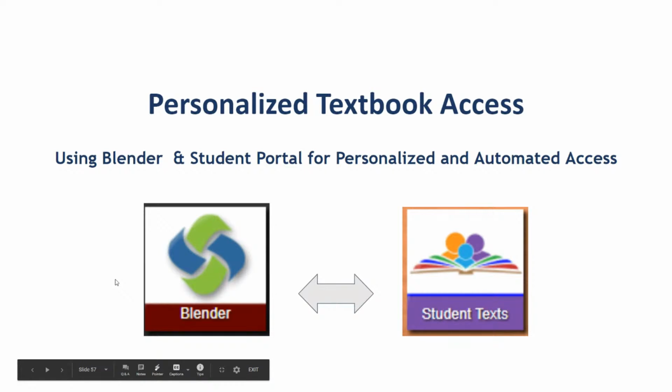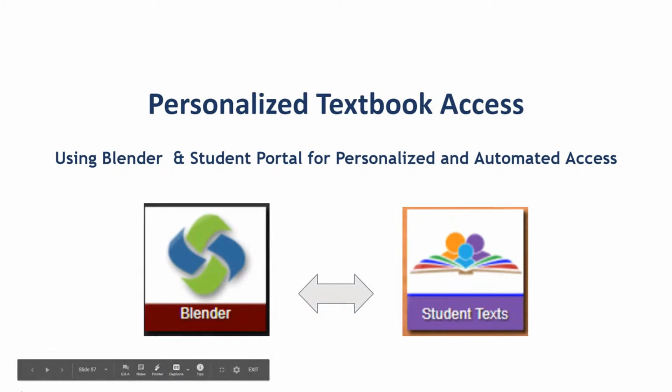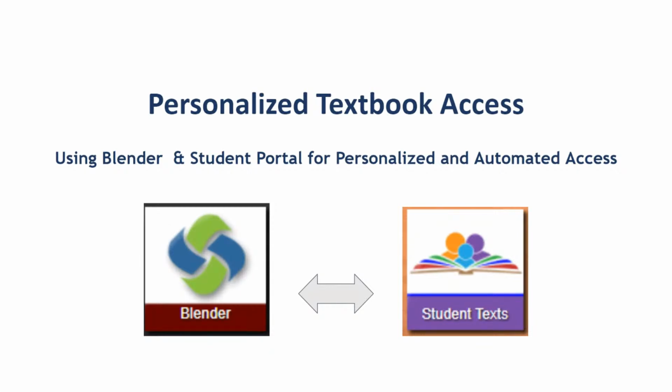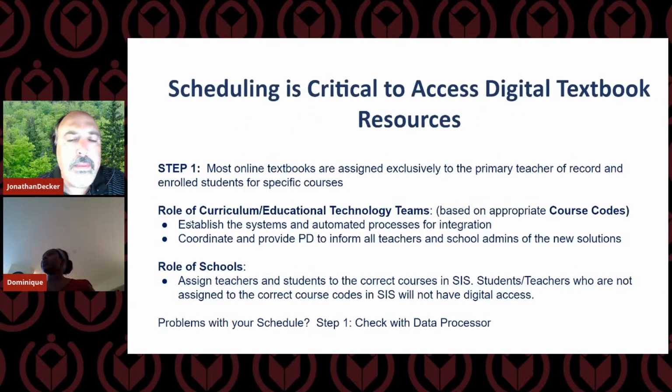All right. So for the textbook access, just a couple of key updates so that you guys have seen it here and you know where to get some more up-to-date information. Textbook access is normally an automated process. It's all done based on your schedule. So the next couple of slides here, very quickly, are key points to remember. The fact is that assigning textbooks is done very much based on the course codes. Dominique, are you able to get to the next slide?